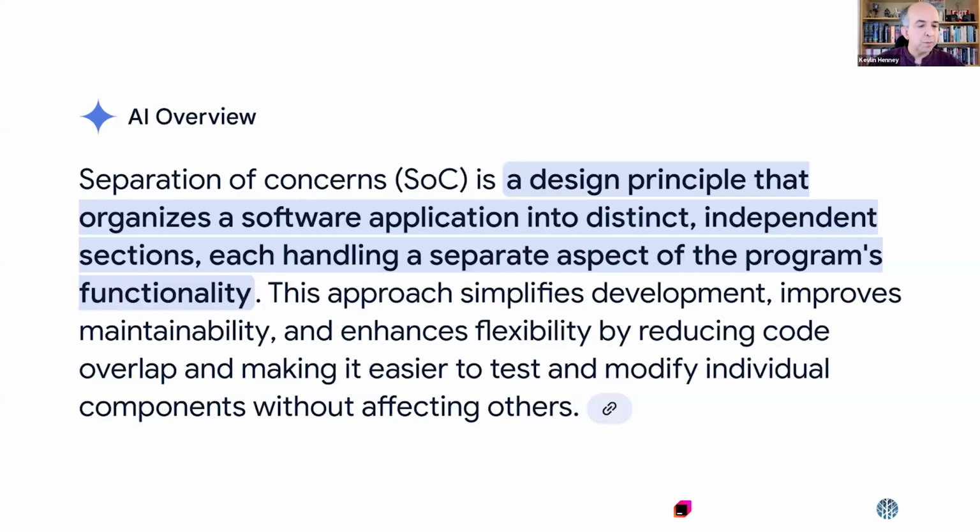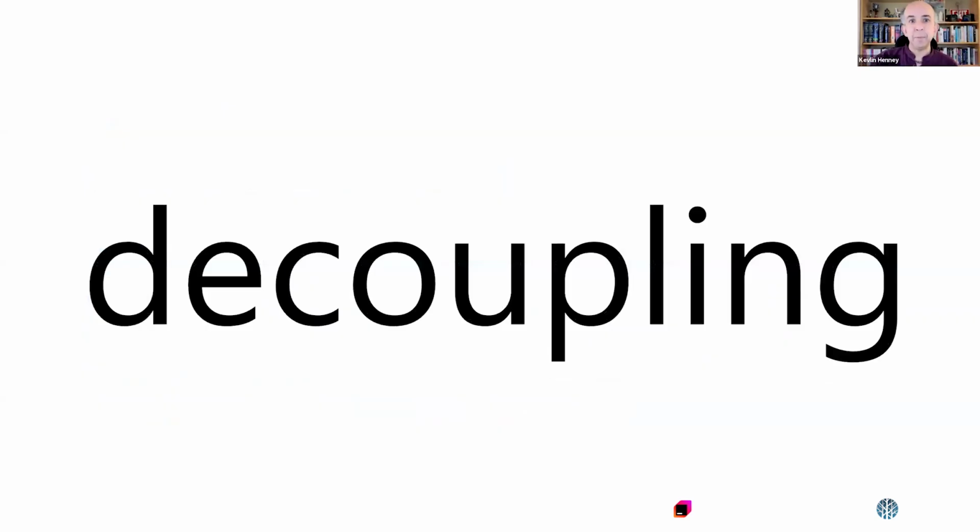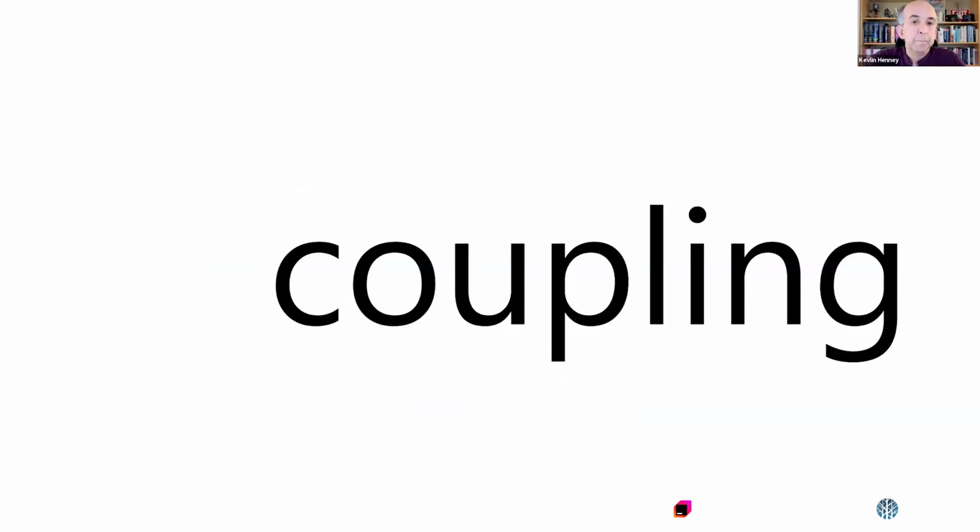Again, to the wisdom of Gemini, such as it is: a design principle that organizes a software application into distinct independent sections, each handling a separate aspect of the program's functionality. Okay. So this approach simplifies development, improves maintainability, we've heard this narrative before, and enhances flexibility by reducing code overlap and making it easy to test and modify individual components without affecting others. In other words, this is a structural approach. Separation of concerns is about separating things structurally. It is about decoupling and therefore invites us to talk about coupling. So let's pick up